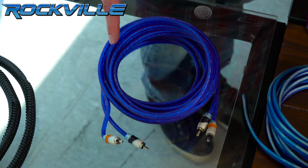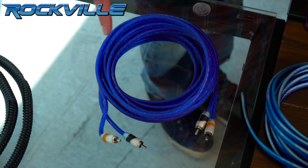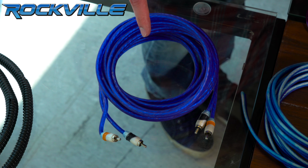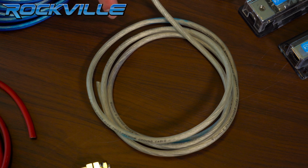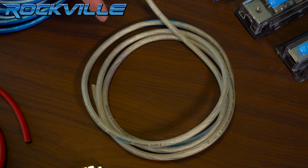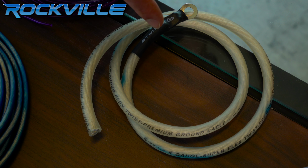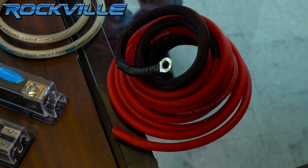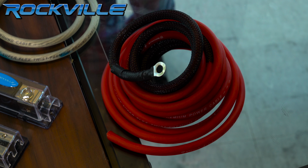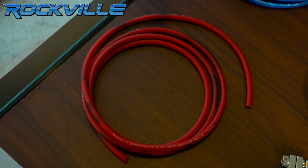Here we have one set of 17-foot translucent twisted pair double shielded 100% OFC audiophile RCA cables with metal plugs, a 6-foot 8-gauge high current low impedance translucent silver soft ground cable, a 3-foot 4-gauge high current low impedance translucent silver soft ground cable,